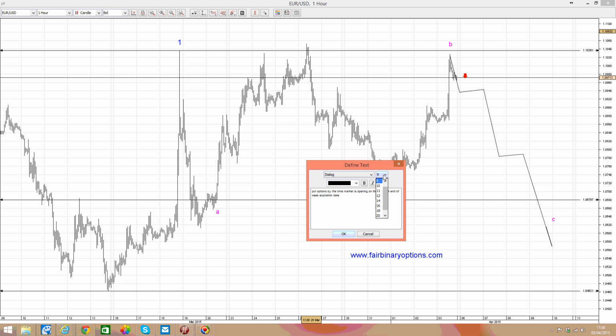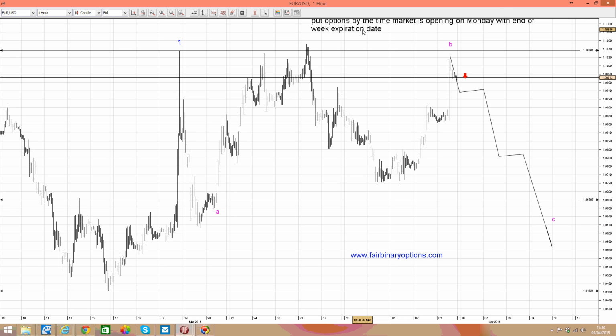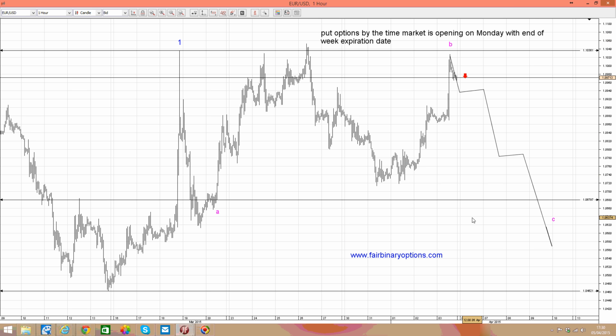This is being called a flat, as from my point of view it is only part of the second wave. So it's not the entire second wave here, but part of the second wave. So we've got to have a C wave now to go